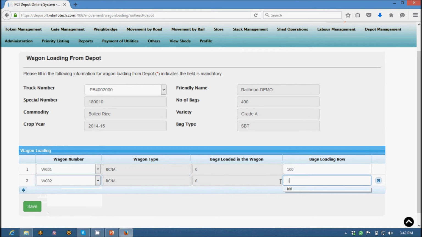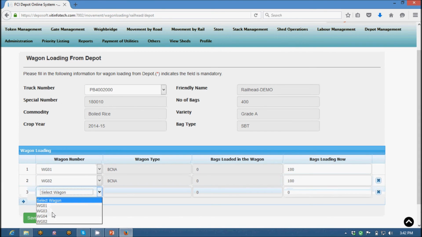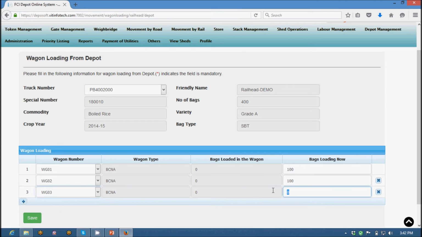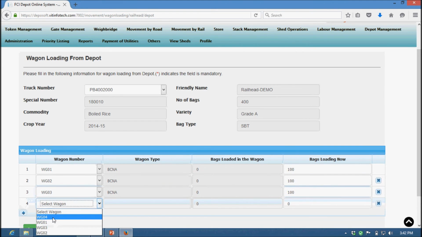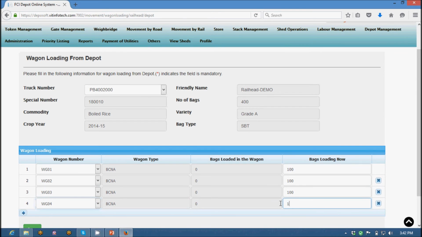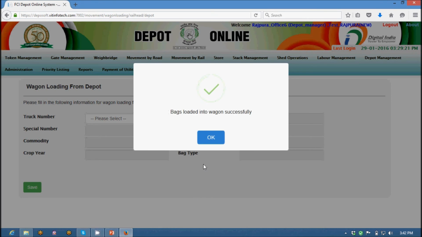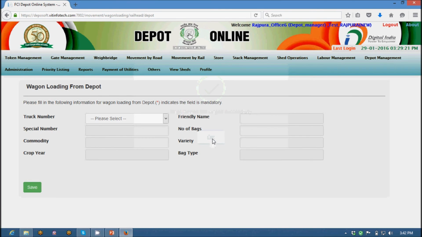Let's say another 100 in the other wagon, and similarly on the third wagon, and on the fourth wagon we will load the remaining 100, and we will save this. This is the way we load it. So the loading of the commodity into the wagons has been done.